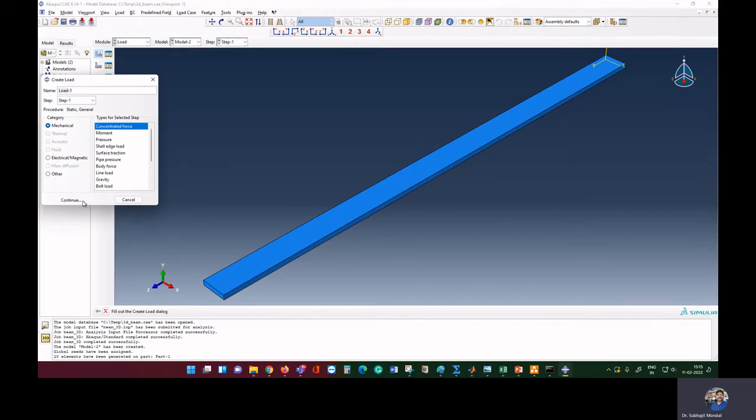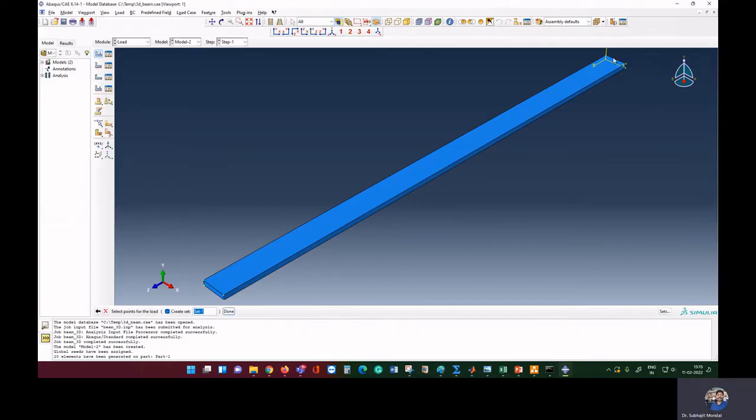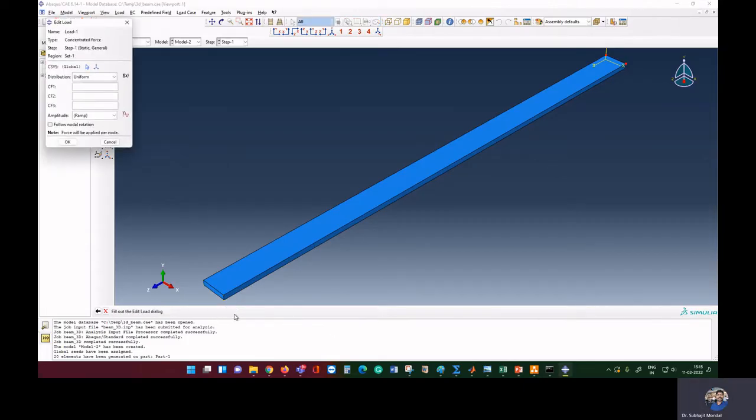So we'll click on concentrated force here and select this node and this node, and we'll divide the total load between the two nodes. Since we've chosen two elements, we will divide the total load across them. So here I'll choose 5 and put the load as a